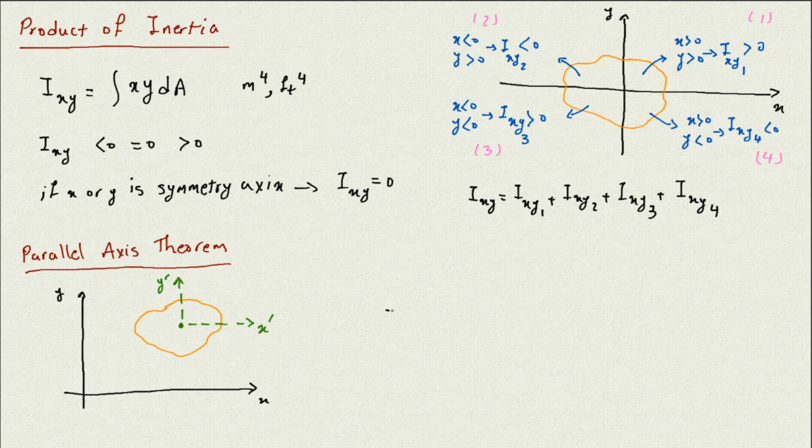And it says that the Ixy about any x and y is going to be the Ixy about the axes going through the centroid of that shape,